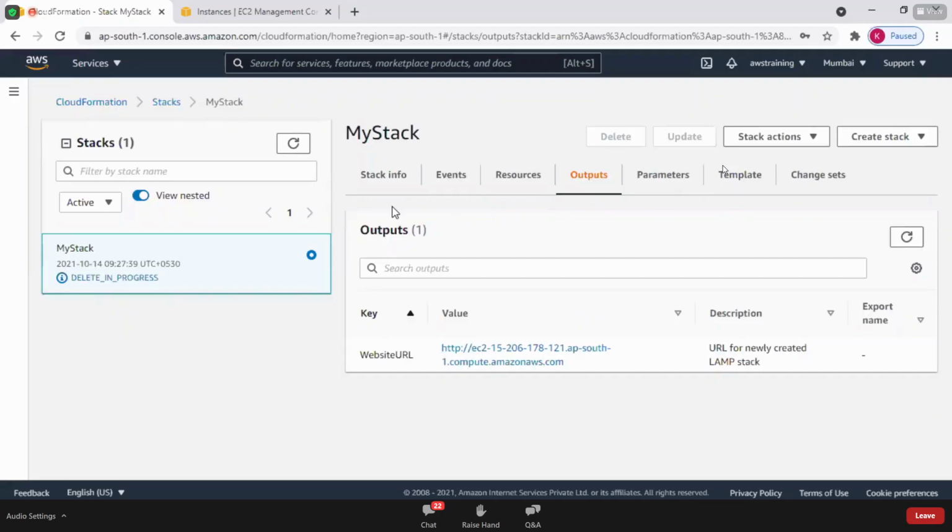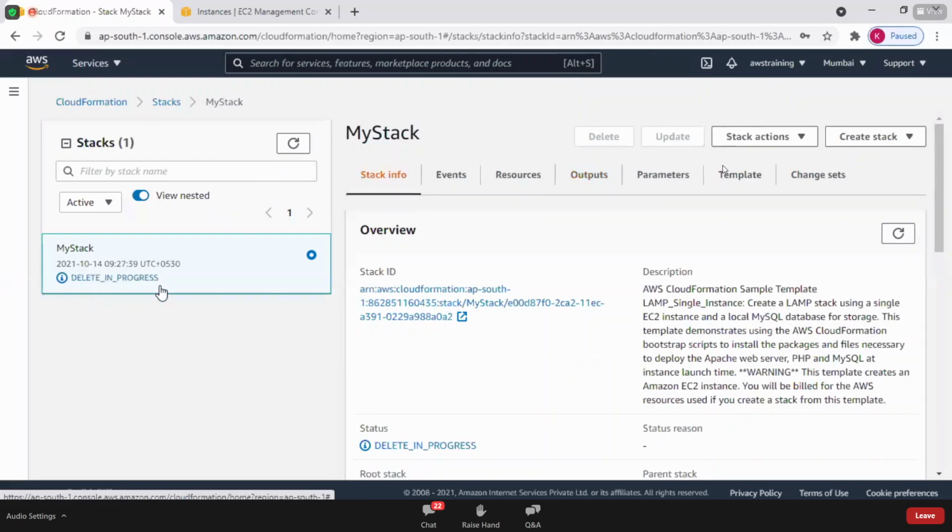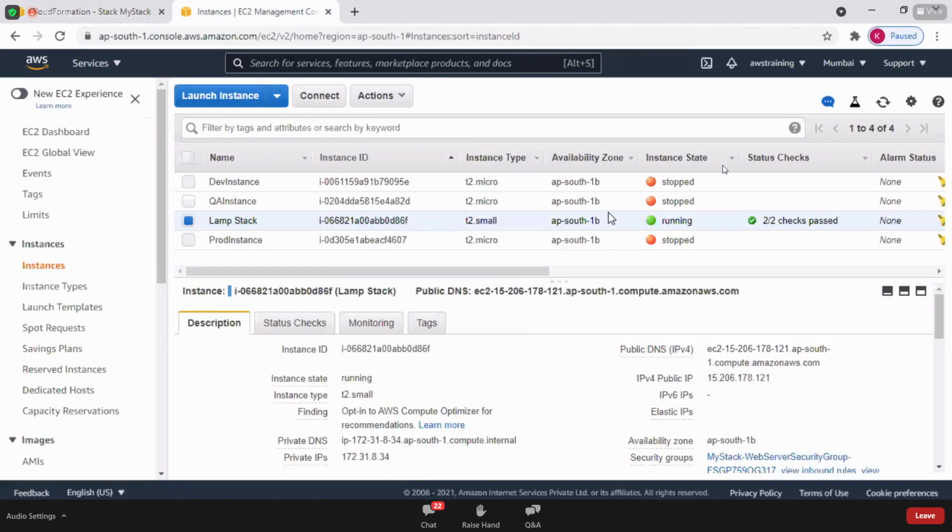Even this will take some time, deletion in progress. Now the EC2 machine that was running will be stopped and terminated, as we have started deletion. See what is happening here. It is shutting down. After shutting down, it will be terminated. All the infrastructure which was created behind the code, the complete infrastructure, will be removed on click of a button.